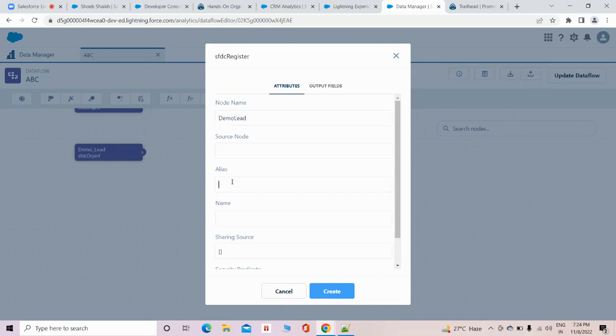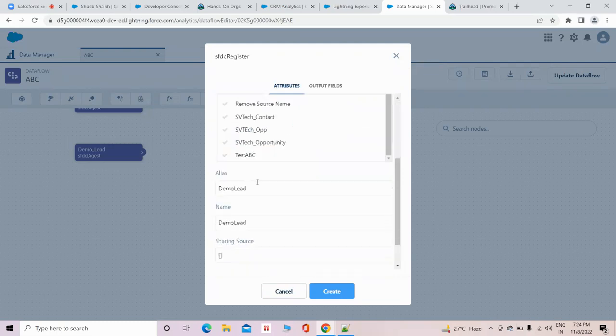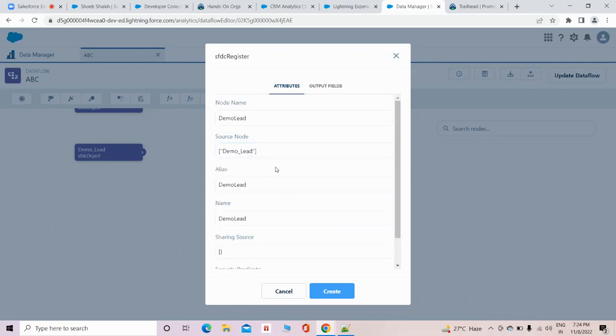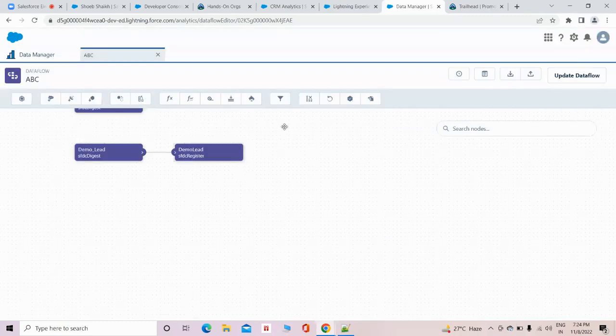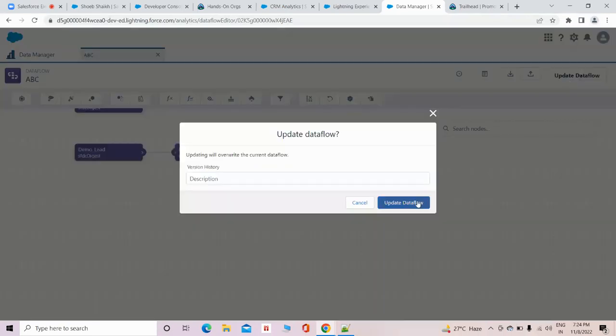Register node basically helps you to create a particular data set. Okay, so it will be demo lead. Okay, so source node means the previous node through which I want to connect this particular register node. Once I click on create, you can see this got created. I have the SFDC digest which is bringing the lead records, and I have created this SFDC register. So from the lead I'm bringing all these records. Okay, so now let me click on update,